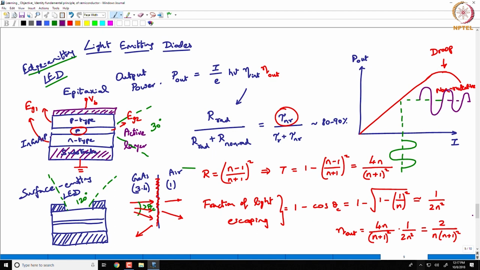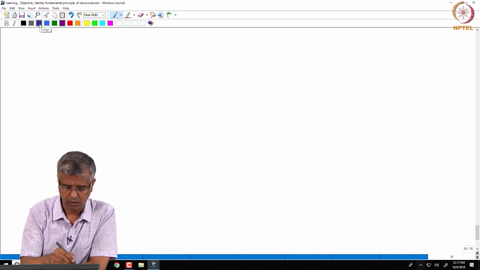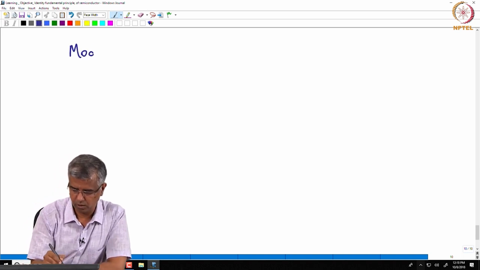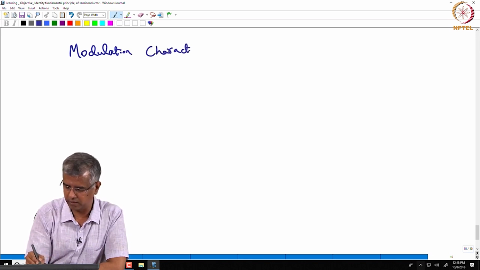So, what we want to understand now is, what is the maximum frequency I can support? You understand this, right? Now I am modulating the current, and I am getting a modulation of the light that is coming out of my LED. How fast can I modulate this? What is that limited by? Okay, that is what we want to figure out. So let us actually look into this in a little more detail. So we want to look at modulation characteristics